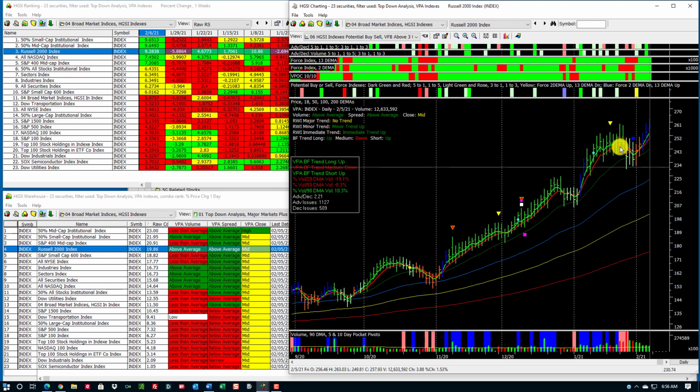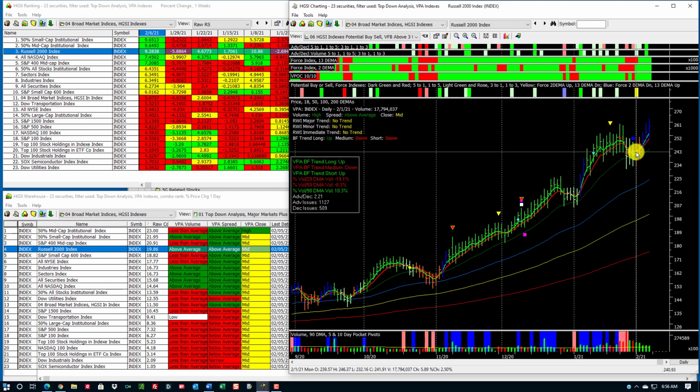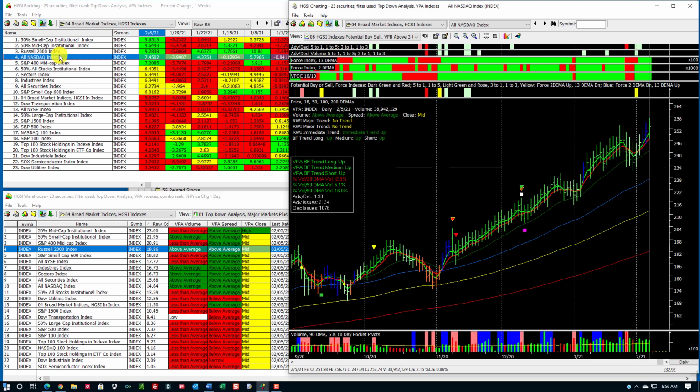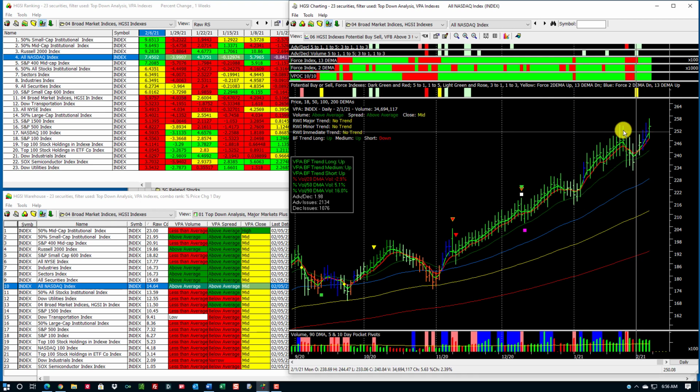Let's look at another one of these. Let's look at the Russell. Okay, the buy signal, well, it's yellow because this one had not turned green, but you can see that it all turned up. The trend's up on the moving averages. All NASDAQ reversed itself. It looked pretty bad last week, but all of these reversed themselves. So a lot of strength in this market,